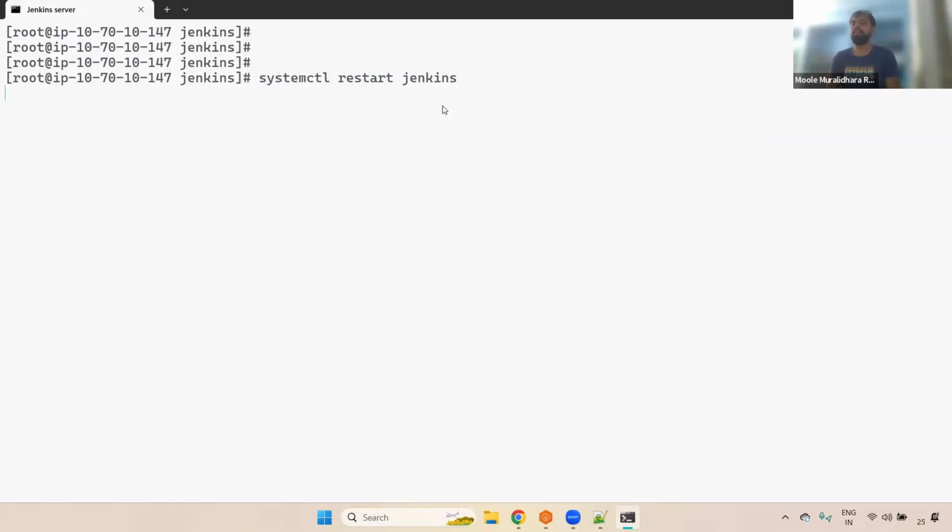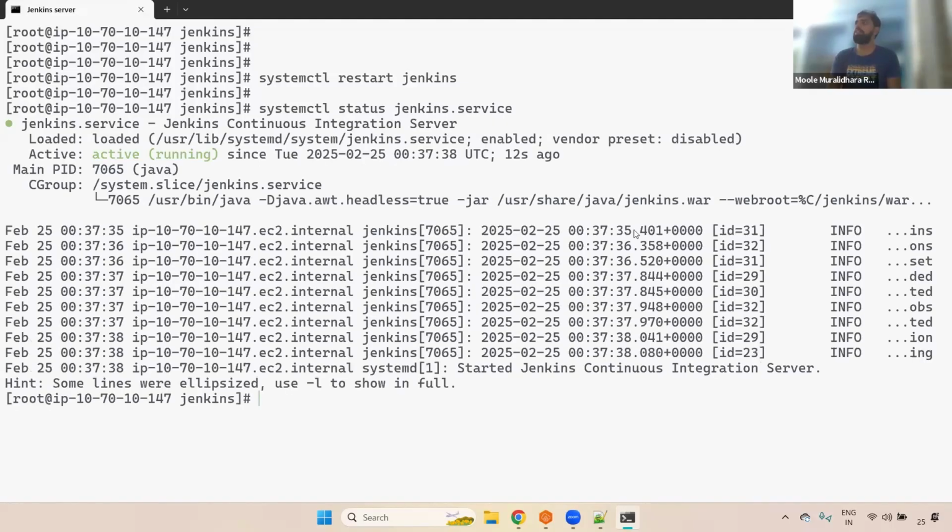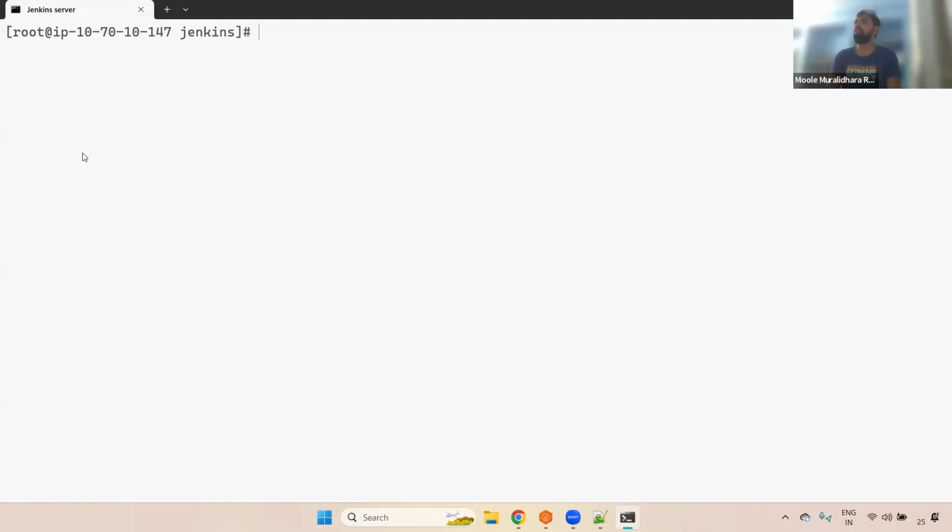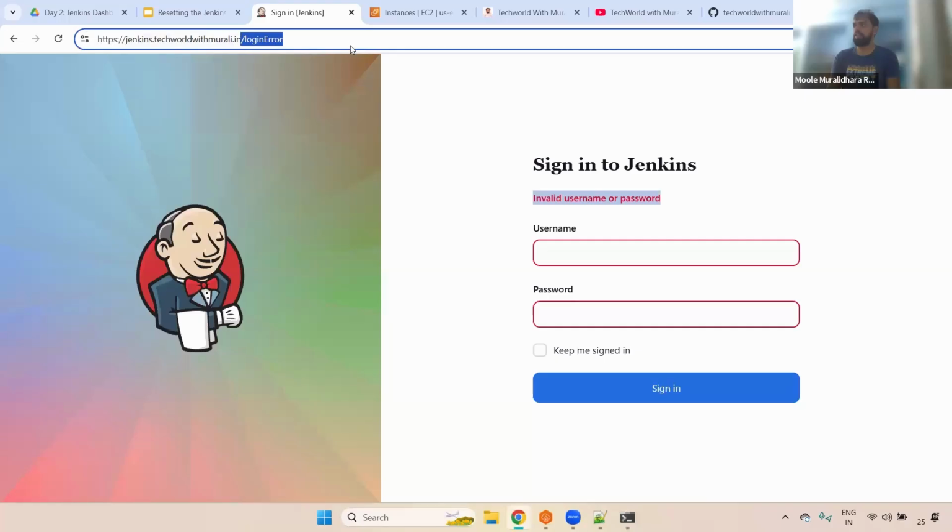Once we are done, we can verify whether Jenkins is up and running or not. Then we can reset the password. Okay. Now the restart is completed. Now I'm checking systemctl status jenkins. Okay. Now if you see here, it restarted 12 seconds back, and it is running fine as well. Okay. Super. Now you can go to Jenkins. Now you can click this one,